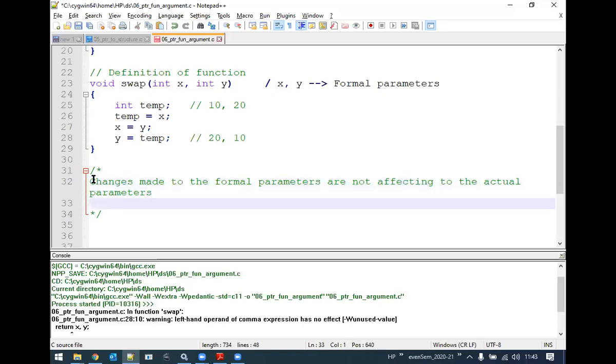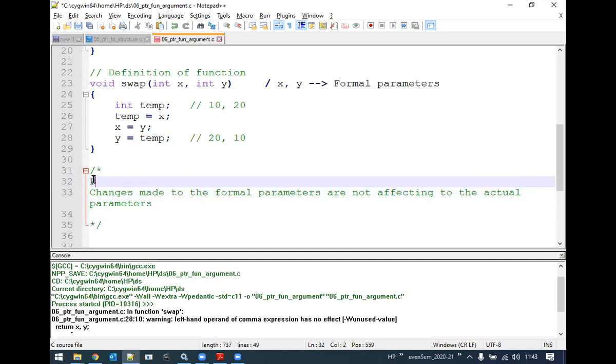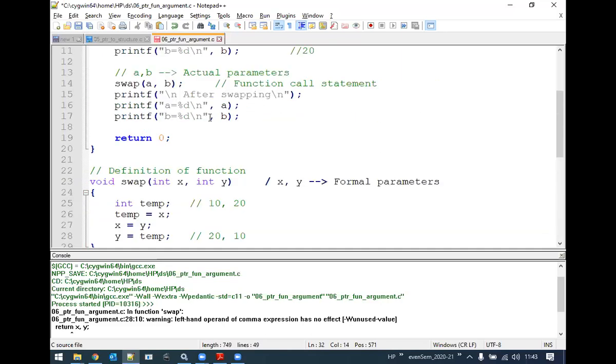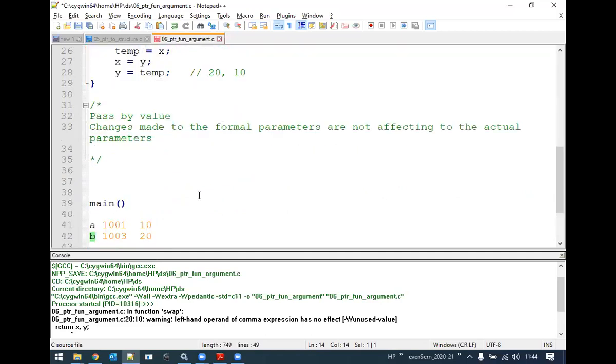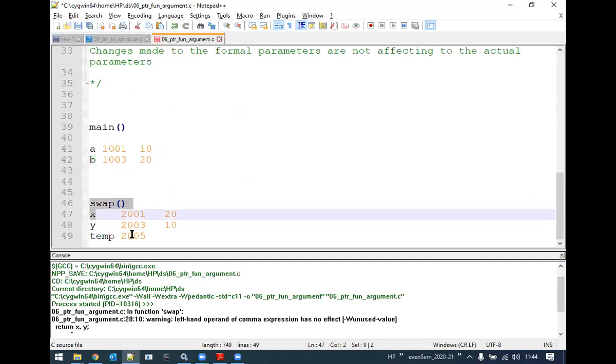And this concept, we call it pass by value. Pass by value means that when we call the function, we are just passing the values of the actual parameters. I am passing the value of A. What is the value of A? 10. I am passing the value of B, that is 20. So what happened there? A separate memory block is created for the swap function.